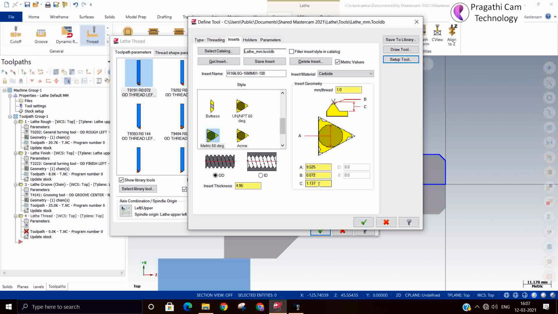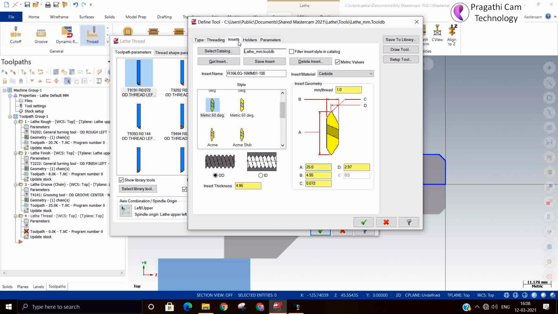It's the maximum depth of the thread you can go. Or otherwise, if you want a single point tool, you can select that, no problem. 60-degree metric thread.